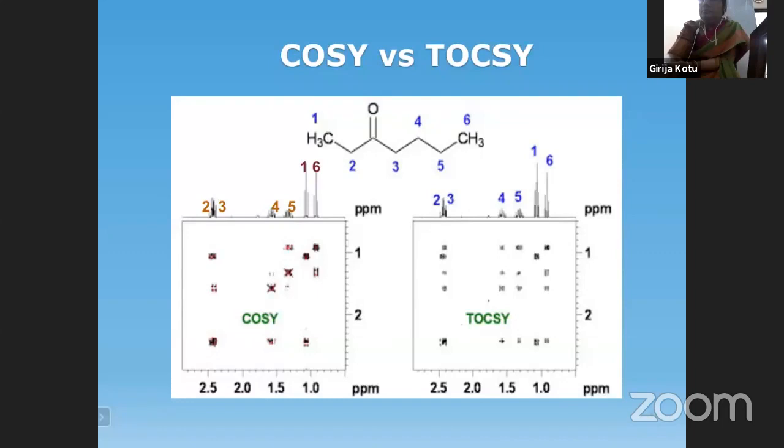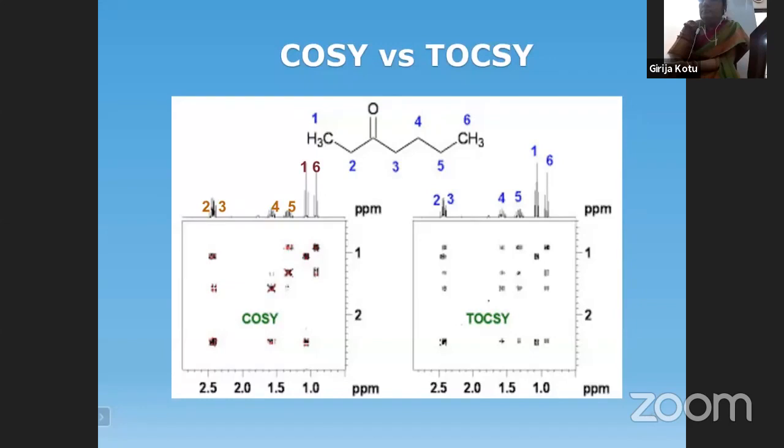Only thing is, on the diagonal line, you find diagonal peaks, and above and below the diagonal line, symmetrically placed, you find off-diagonal peaks, which are called cross peaks, and you will have to identify which are cross peaks. So how to identify the cross peaks? They are placed symmetrically above and below the diagonal line. If you want to identify a cross peak, you can draw a horizontal and a vertical line from the cross peak above or below the diagonal line. Similarly, on the opposite side, another spot, you can draw a horizontal and a vertical line.